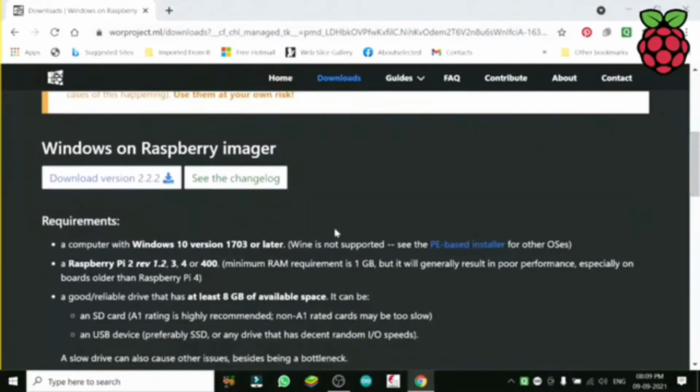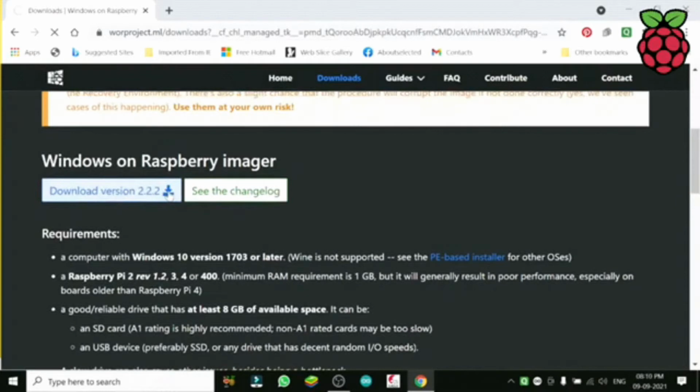So now we will see which software. This is the latest version. Download version 2.2.2, Windows on Raspberry Pi Imager. So we need to download it first and do nothing. First only download. We will not install. We will install it after, in the second step. We have to download only. So I will click, and the card, no need to insert at this time. After, I will tell you when you have to insert the card. Just work on your computer at the moment. Forget about Raspberry. We have to download this Raspberry Pi Imager for our new card.